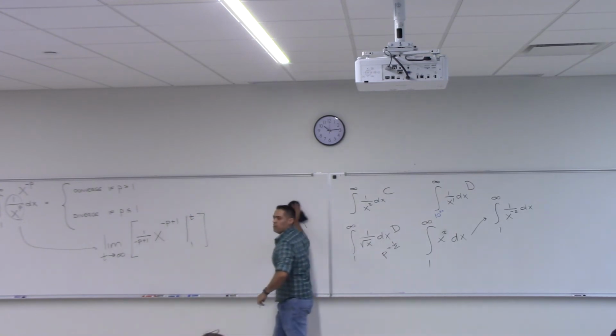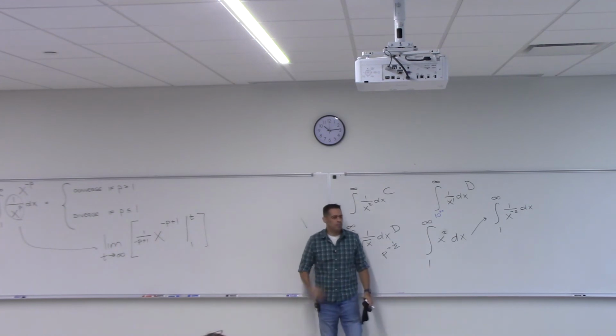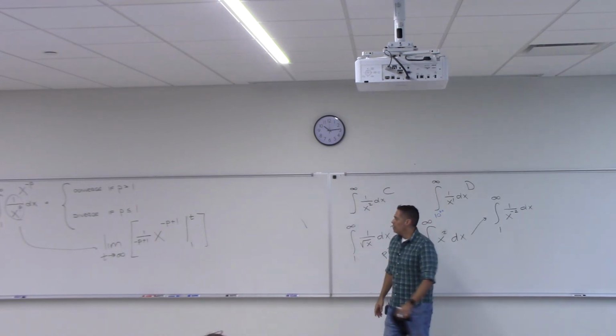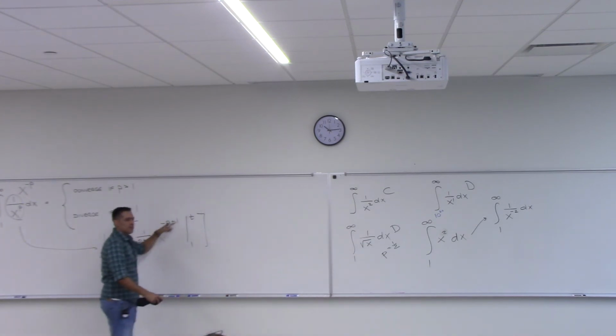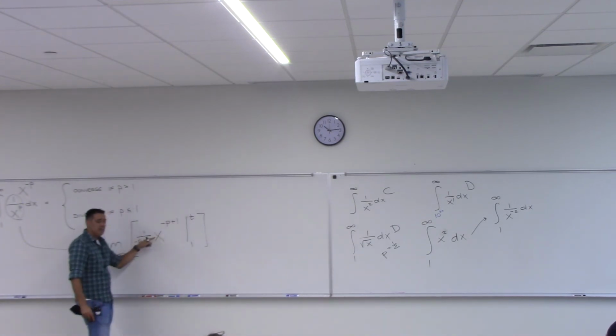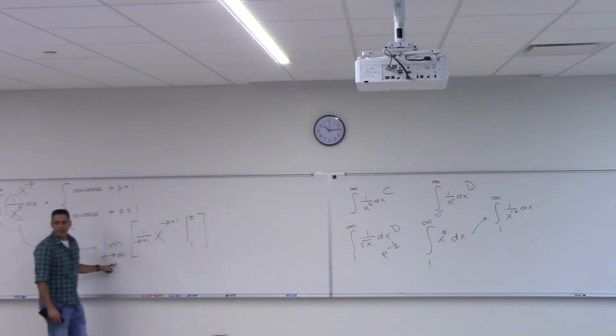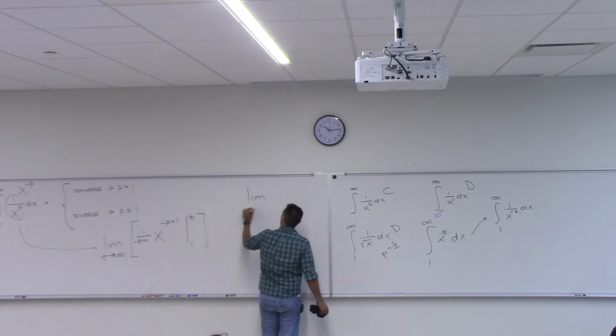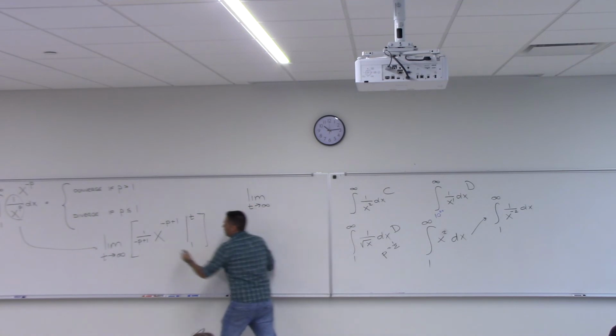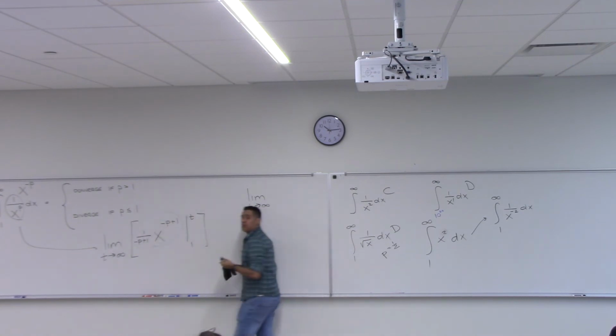Does that make sense to everyone that that's the antiderivative? It's just power rule. So as I now go to the next step, I'm going to plug t into this, right? And once I plug t in for x, I'm going to let t go to infinity. Let's just look at that. What would happen if I take the limit as t goes to infinity of this expression with x replaced with